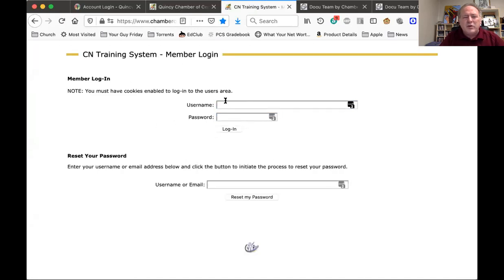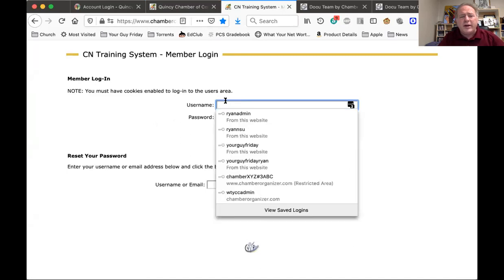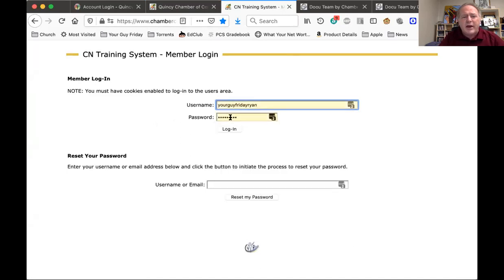And so when you get there, you want to go ahead and enter your username and your password that you have with the chamber. Now, if you don't remember what your username or password is, especially the password, you can enter your username down here under reset your password.